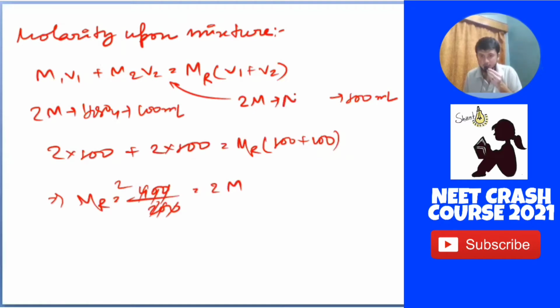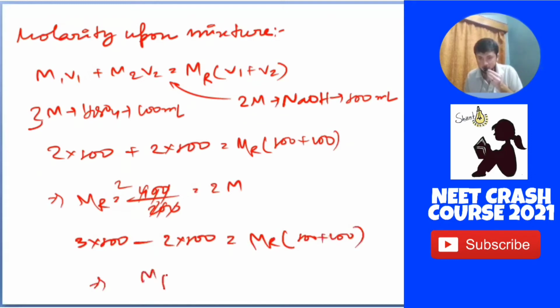That is NaOH is taken. And the amount taken is 3 M H2SO4. So it will be 3 into 100 minus 2 into 100, because the base is less in quantity and the acid is more, so we are subtracting it. And here, the volume will not be subtracted, it will be added. So 100 plus 100 will be it.